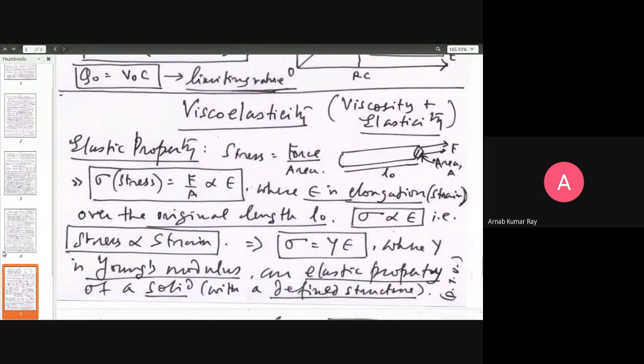Here we are talking about viscoelasticity. Let us first try to understand the meaning of the term viscoelasticity. What is this viscoelasticity business? It is viscosity plus elasticity. In order to understand that, we shall have to look at physical contexts where the ideas of viscosity and elasticity apply. Let us see.